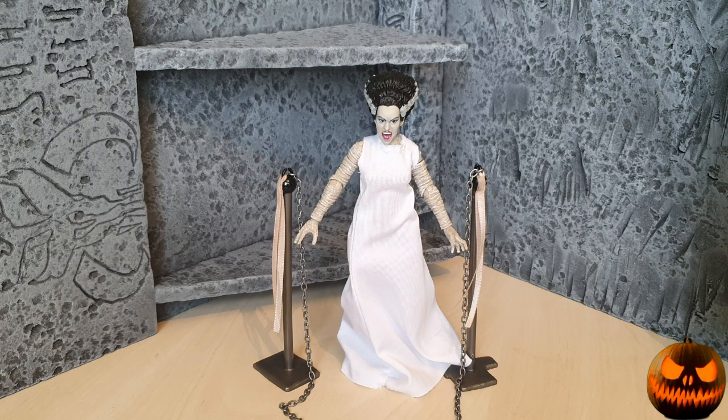And Jada Toys just went straight out and produced this line with minimal talk beforehand. There was like an announcement and then these figures came a few months later. And they released all the major characters: Frankenstein, Dracula, Bride of Frankenstein, and also Creature from the Black Lagoon. So I mean, they produced a line so much faster than NECA did, and I think that must really hurt NECA a little bit. I know NECA's figures